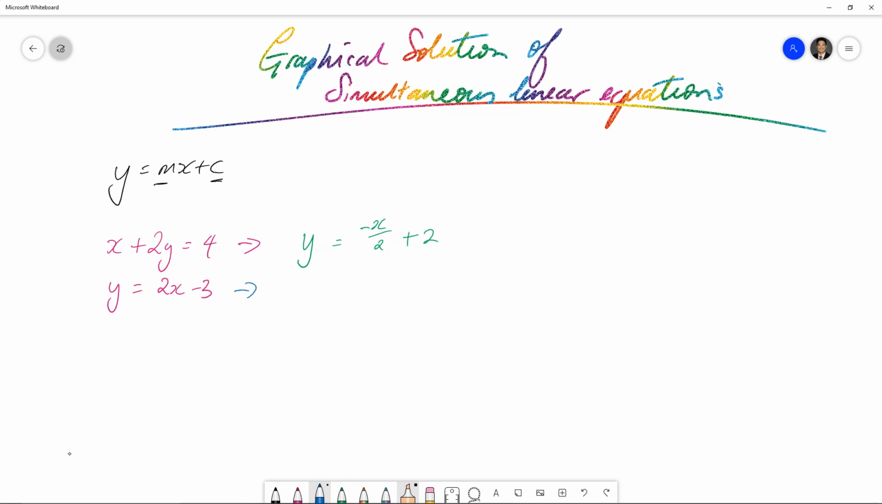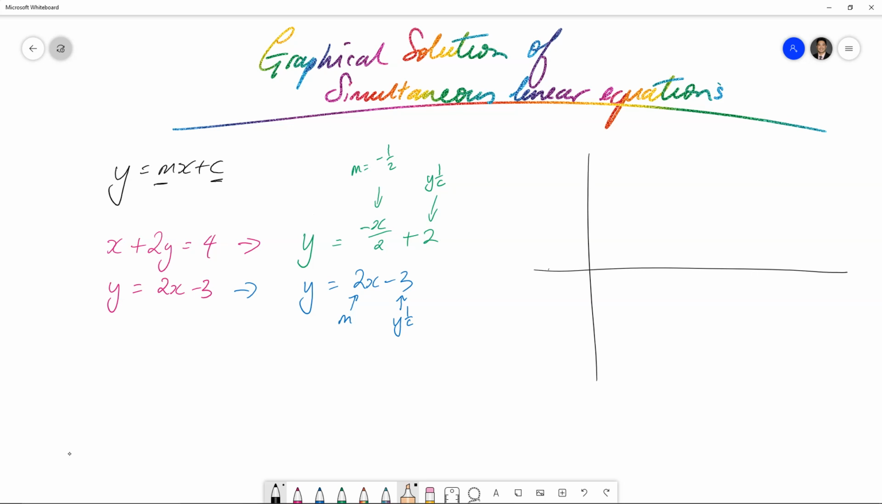The bottom equation here will remain y equals 2x minus 3, where 2 is your gradient, minus 3 is your y-intercept, and for the top one the gradient is negative a half, and your y-intercept is 2. So if we were to graph this, you end up having something like, so the blue one is going to be something like that. Actually, that's not really to scale. So if this is minus 3,